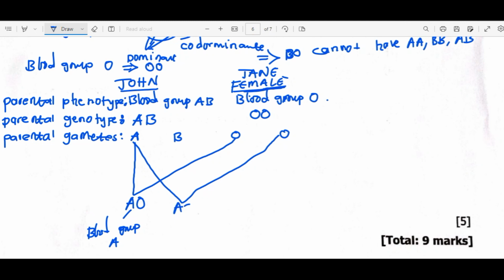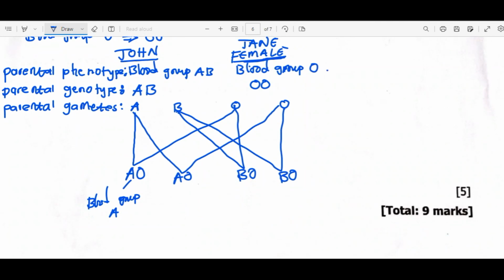Another blood group A. This one is blood group B. Then this one is also blood group B. So from the genetic diagram, if you look at the ratio, it's 2 to 2. There is a 50% chance to have a child with blood group A and another 50% of having a child